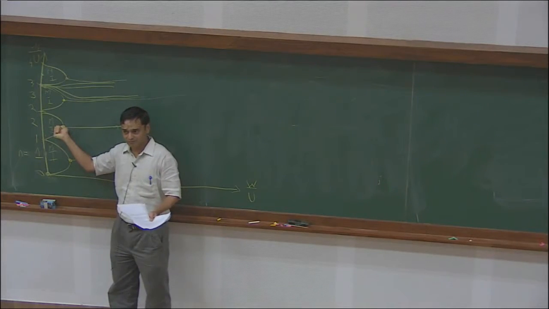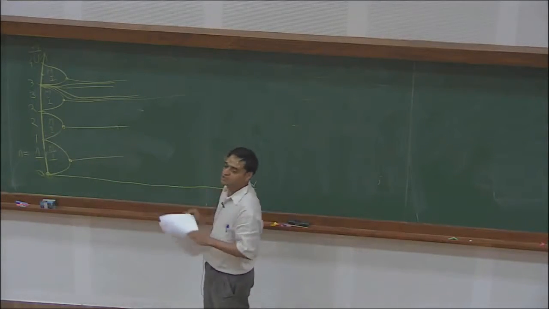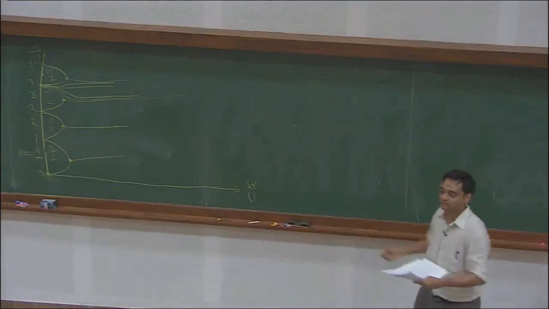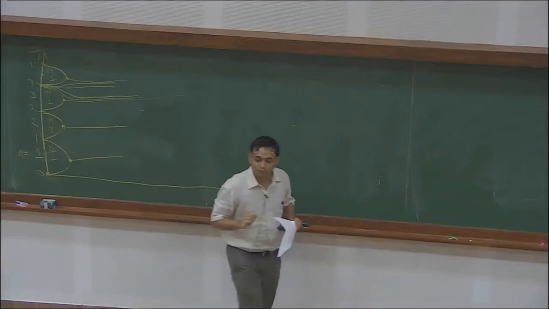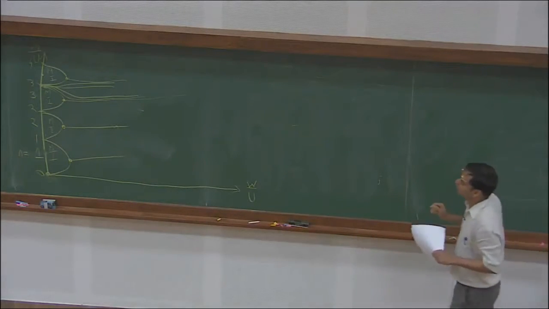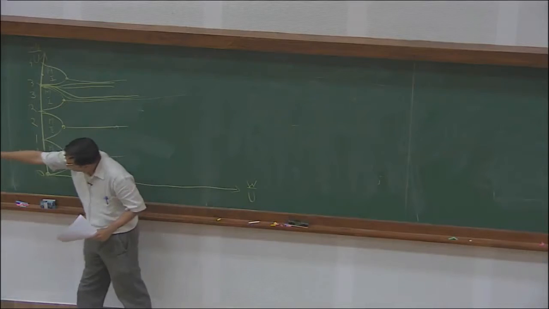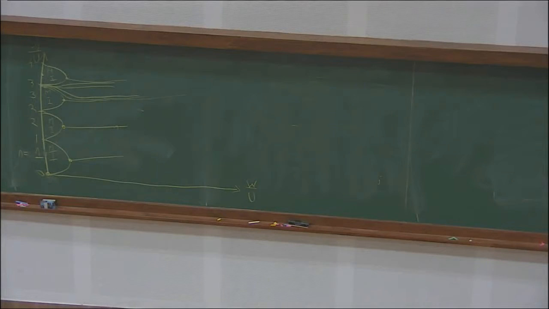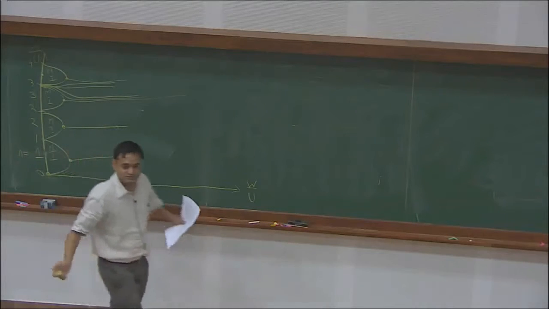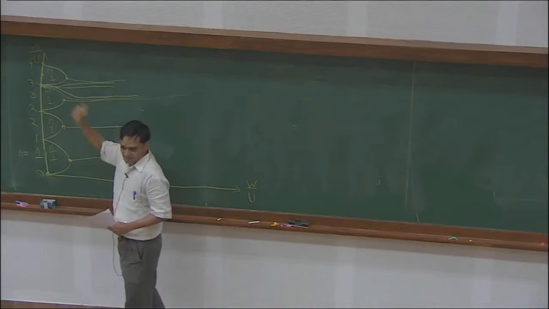Sounds believable? Good. So for the time being, for much of what I want to do, let's focus on such systems. They simplify life a little, because otherwise it gets more complicated. Tomorrow I'll mention that. So now I want to talk about a system that started, let's say, with 4 particles per site or 3 particles per site, and W started increasing. And this is not science fiction. In these experiments, they can actually do that. They can change the nature of the optical lattice and W will increase. And you can then ask what happens to the system. So we want to start with 3 particles per site and ask how it crosses this transition.